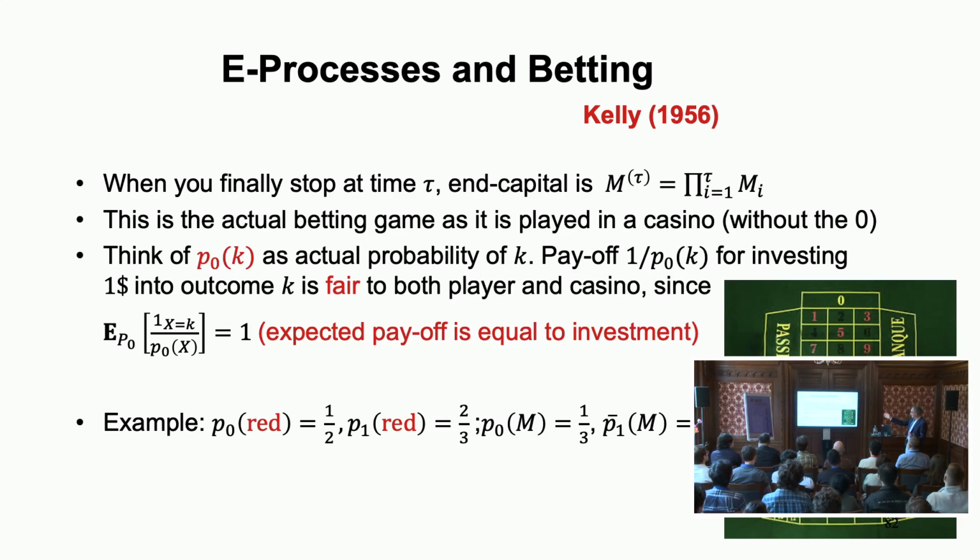So the idea now is this is what happens in a casino. The real casino you have to think of as a null hypothesis. You're going to a casino, the null hypothesis is this is a real casino, I'm not going to make any money. The alternative hypothesis is there is some structure in what happens with this wheel, and maybe I can make some money if I bet correctly.